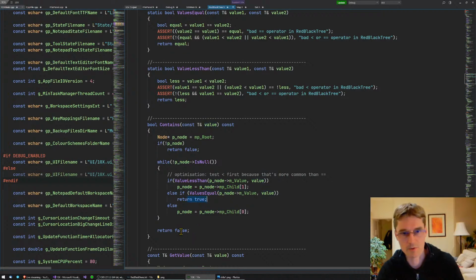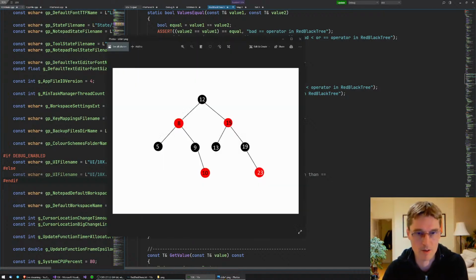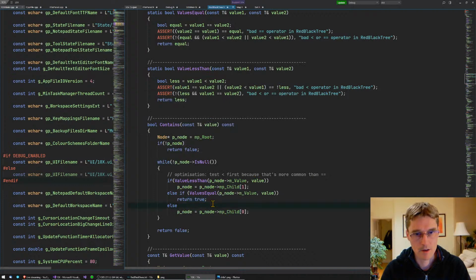So it's very, very simple to look something up, because you know it's balanced and you know that the left child is always less and the right child is always more. It's very easy to look it up. You just walk down the tree, and obviously it's logN. It's bounded by the height of the tree, which is logN. So, really, really simple. A little optimization here that's worth doing, I think,